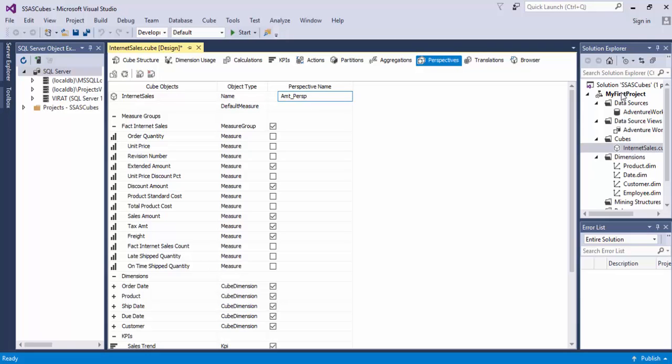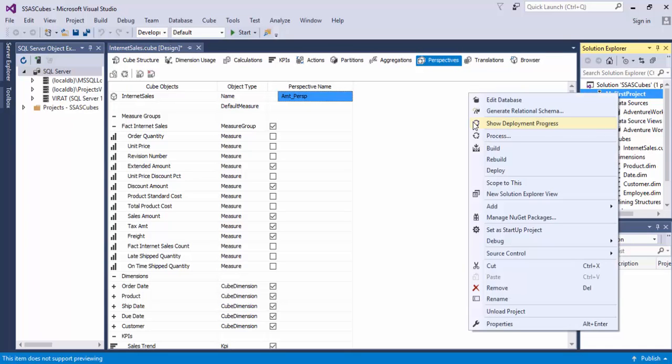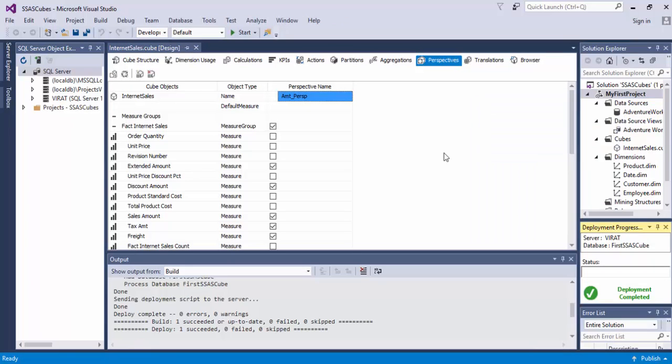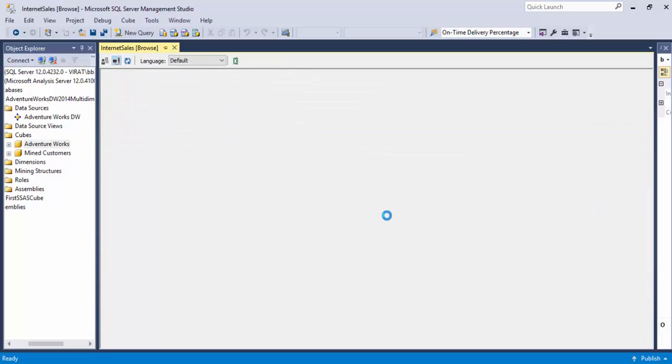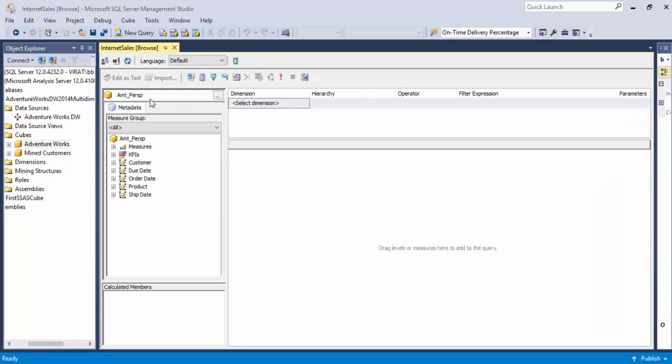Then what I'll be doing is I'll deploy the cube. So I will be pausing my video until then. Yeah, my cube has been deployed. Now I'll be connecting to my cube here. I'll reconnect the cube. Now you can see here, when I reconnect the cube, I can see this is my